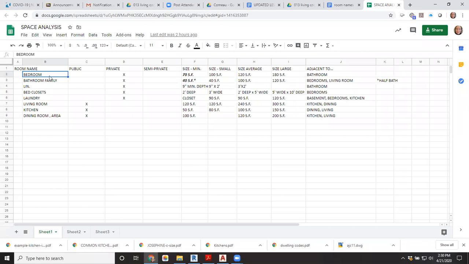And then what should that bedroom be adjacent to? A bedroom should always be adjacent to a bathroom, like across the hall or next to it or something like that. And then if we look at the family bathroom, it should be next to the bedrooms, but it shouldn't be too far away from your living room either, unless we decide to put in a half bath. Linen closets, I would give you approximate sizes. Bed closets,